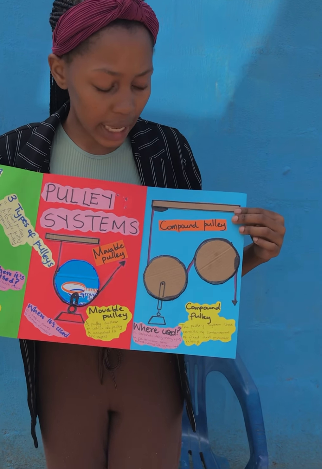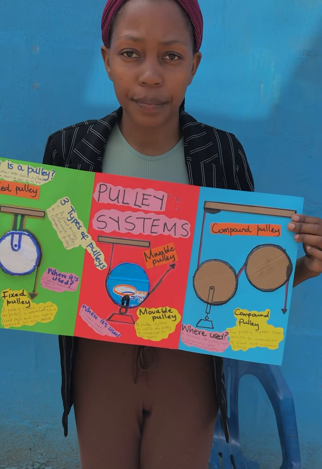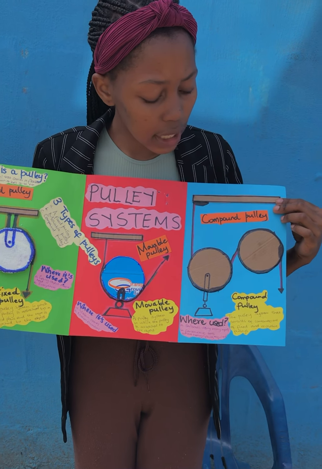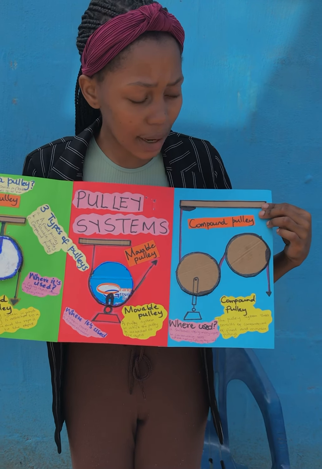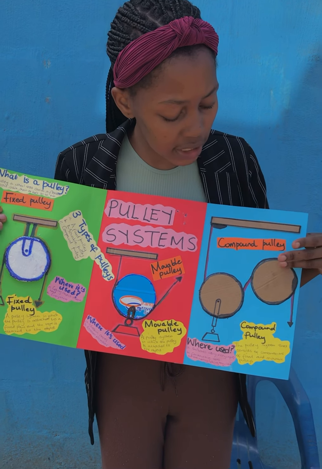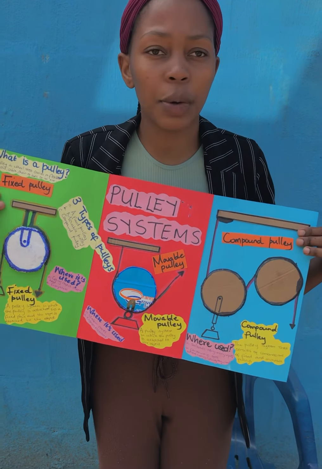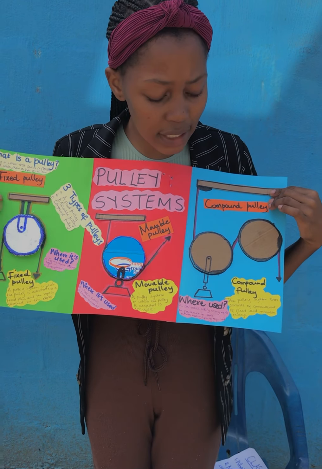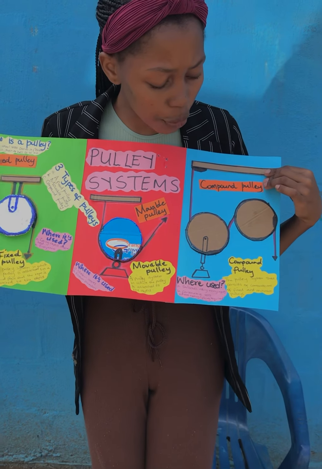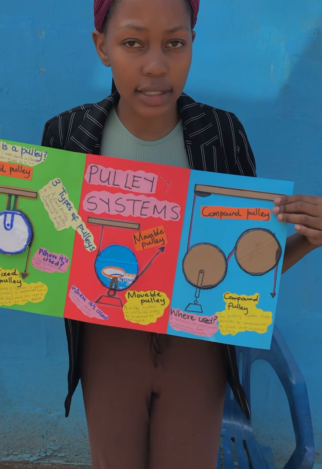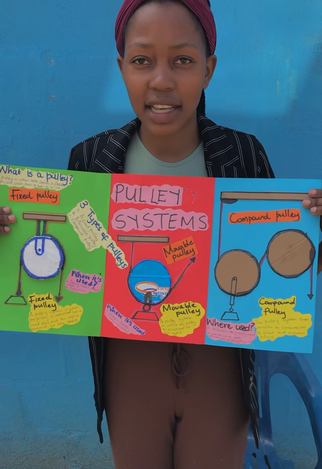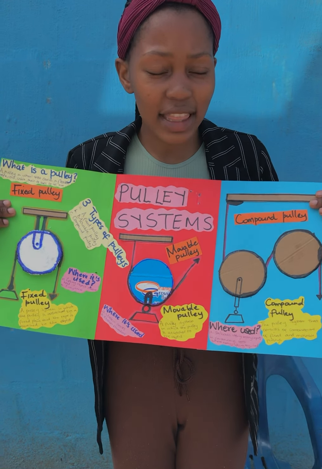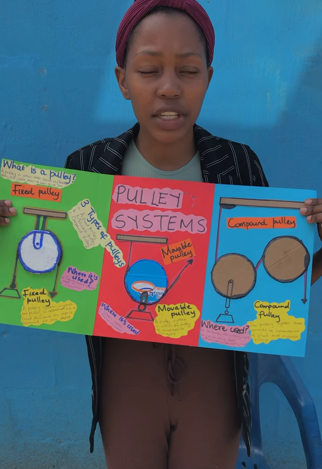Okay, so lastly we have a compound pulley. What is being said about compound pulleys? As you can see, there are two wheels here. What does that mean? It means that a compound pulley consists of combinations of fixed and movable pulleys. You can see there are two wheels here, which demonstrates that we are actually talking about a combination of two or more